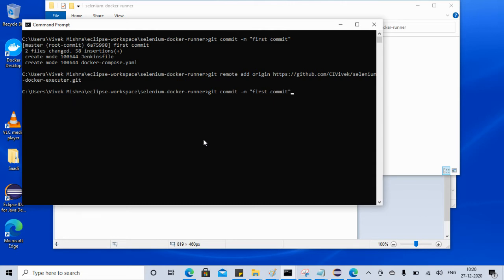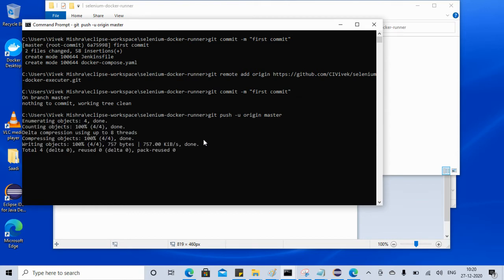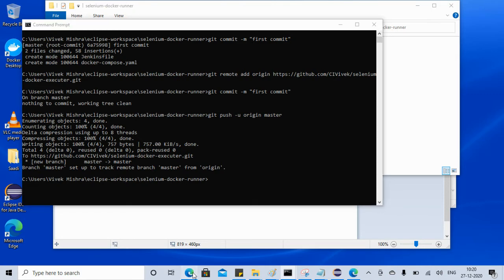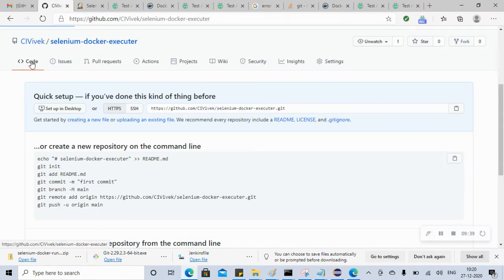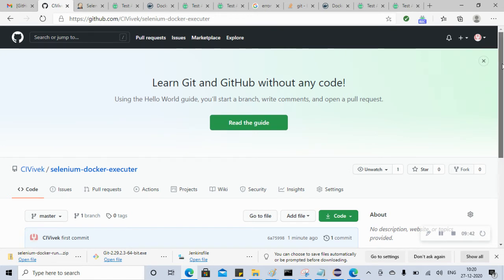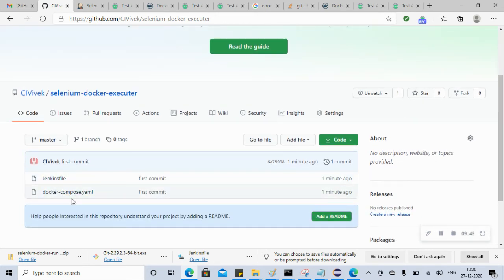Okay, now the commit is done, right? One branch, nothing to commit. Okay, now push. Let's see. Git push -u origin master. So now if you go to GitHub, let's see. Now we have the Jenkins file and we have the Docker Compose file. So this is what we need. Now we have it in Jenkins. Now wherever in the remote machine we want to execute, we can